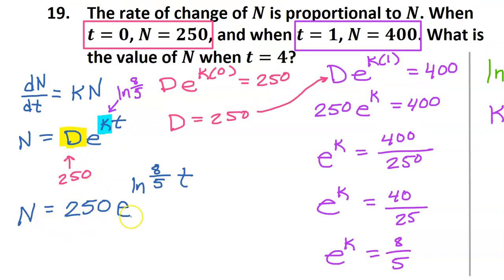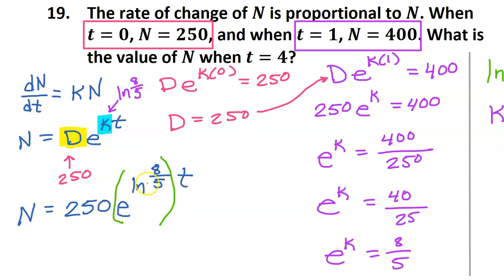This is a function relating n and t, but we definitely need to simplify this. You know that base e and natural log are inverse operations which cancel each other out. We have to be careful because we don't just have the natural log, we also have this t, so that kind of messes things up a little bit. But if you put in some parentheses right here,